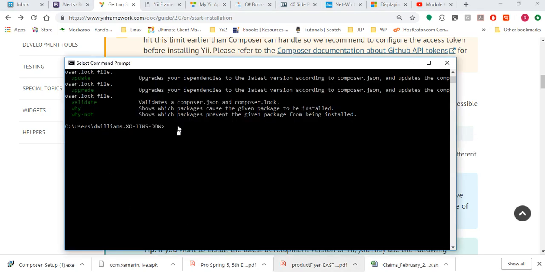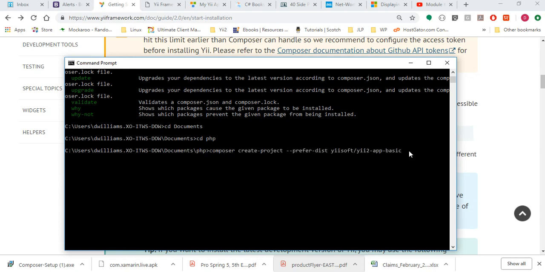And I have a directory in my documents called PHP, which I will be using. So changing to documents. Go ahead and paste that command here. And I want to name my project my blog. Hit enter, and once you hit enter,